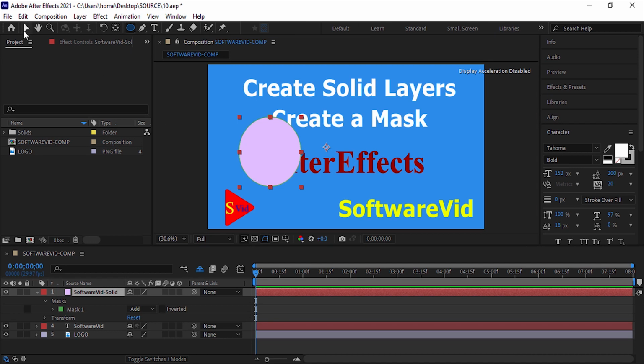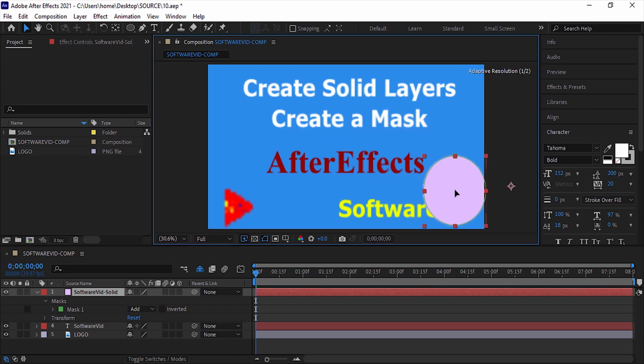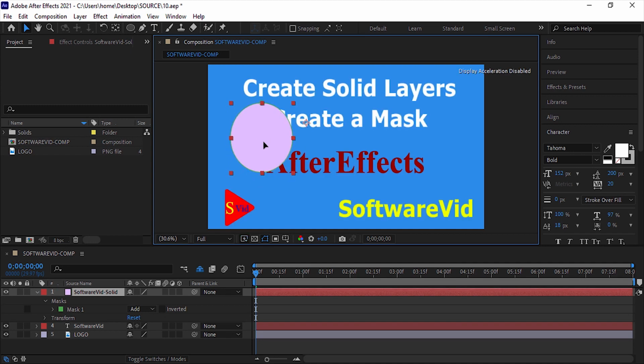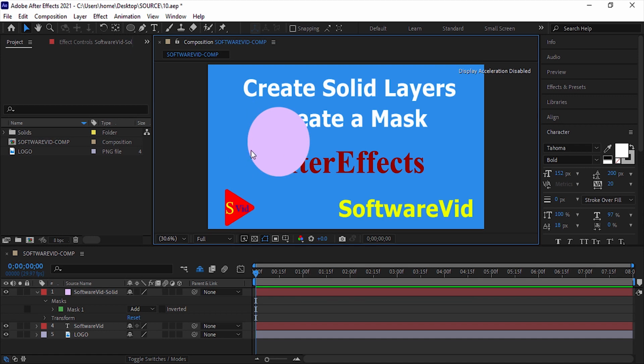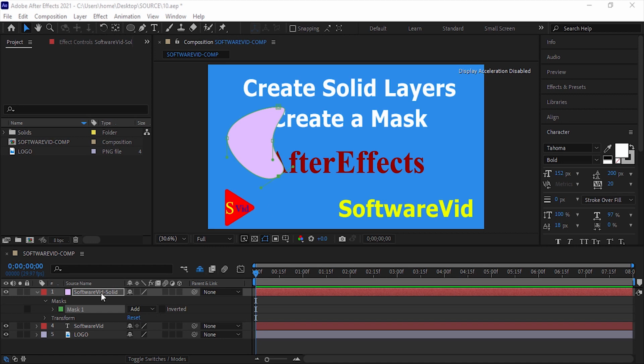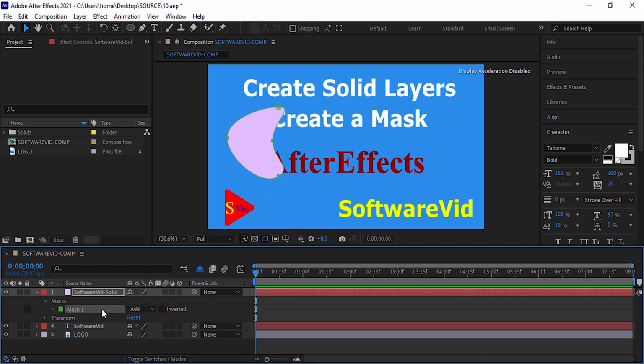If you want to change the location of the mask after drawing the shape, you must first select the Selection tool, then click and drag one of the mask's handles to change its location. In the meantime, if you click and drag somewhere inside the mask, it will be moved simultaneously with the solid layer. Also in this case, if you click and drag on any of the mask handles, you can change the shape of the mask. Now to return to the default state, you must first click on the name of the solid layer and then on the name of the mask.